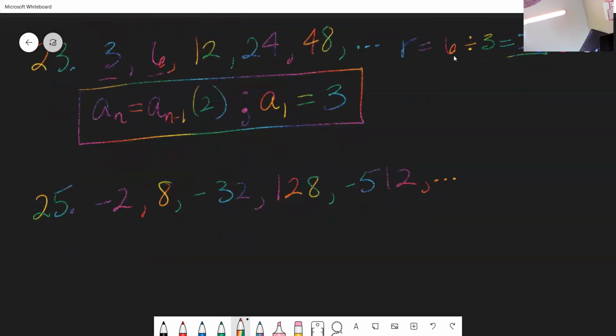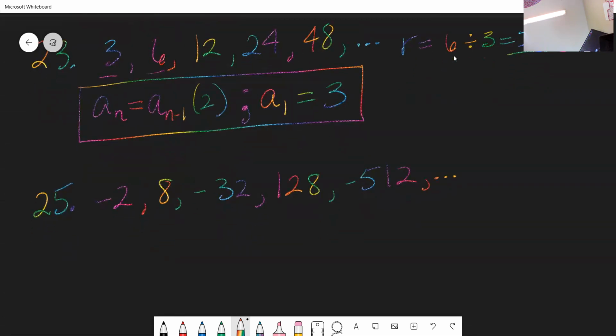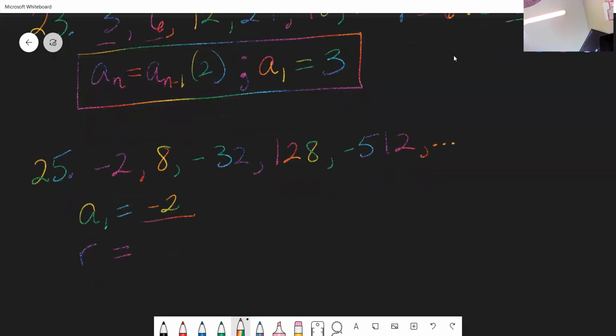Okay, so first, you can do whatever you want to, but what I mean is you can calculate whichever one you want. You need to know your A1 and you need to know your ratio. Yeah, I like to start with A1 because that's the easiest. It's right there in front of you. So A1 equals -2. Now to determine our ratio,